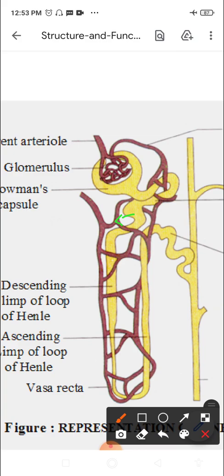The glomerular filtrate in the Bowman's capsule, as I already told you, resembles the blood plasma in composition, except that plasma proteins and fats are not present, right. So, in the proximal convoluted tubule, about 65% of the glomerular filtrate is normally reabsorbed before reaching the loop of Henle.